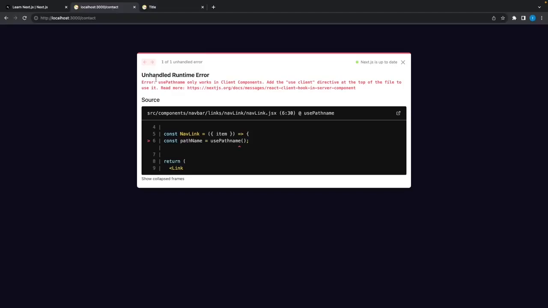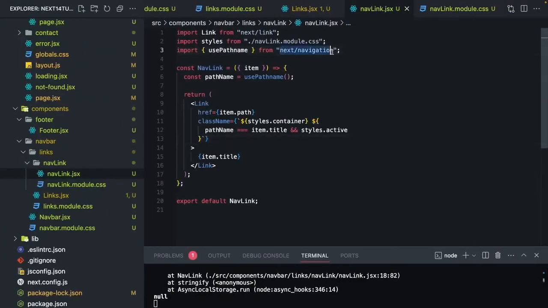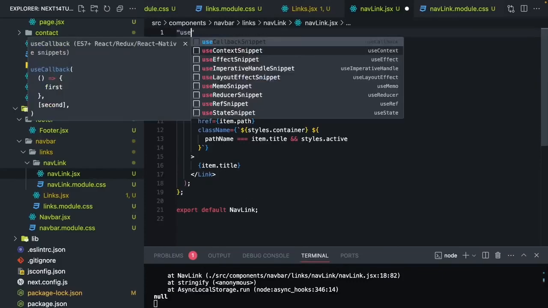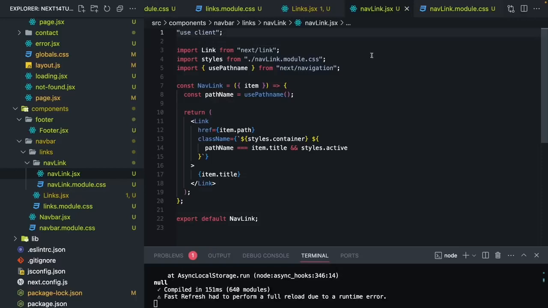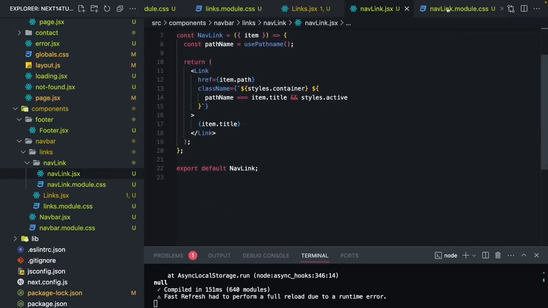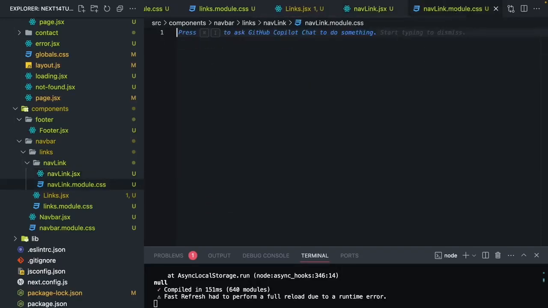As you can see, if you are using a next/navigation hook, doesn't matter which one, it can be usePathname, useRouter, if you are using a hook, it has to be a client component. And again, don't worry about this for now. I'm going to explain after giving styles. And let's open up our CSS, and I will say